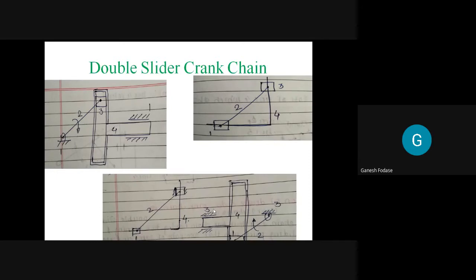Why do I call it third inversion? Because link 3 is fixed. Second inversion we discuss later. When link number 2 is fixed, what you obtain, that we discuss later. Here I call first inversion as link number 1 is fixed. Third inversion as link number 3 is fixed. Yes, please. Now, which kind of pairs are formed here?